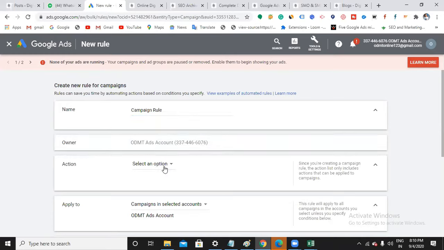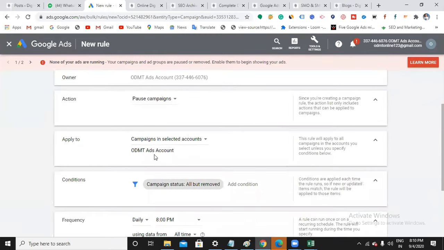This is the one, and then select action. What has to be done? Google has to enable a campaign, pause the campaign, change the budget, or else send us an email. When Google has reached this rule, what I would like is to pause campaigns.